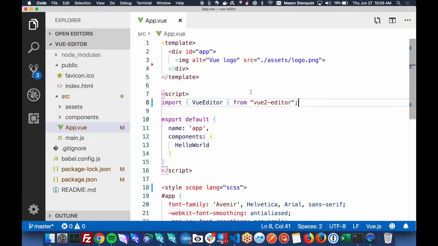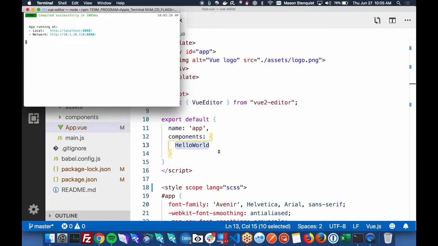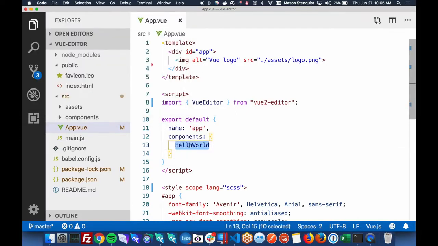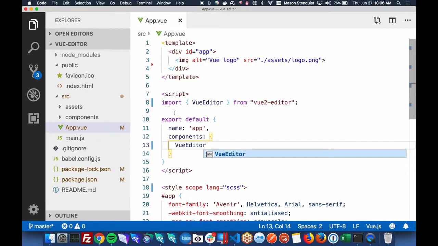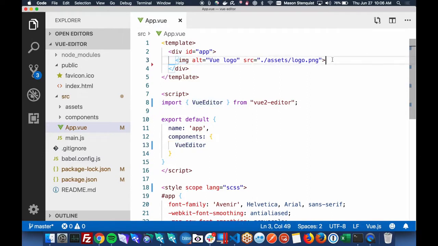Right here, we're still trying to register the Hello World component, so we should be getting an error. Well, if we tried to reload, we get an error. So instead, I am going to pull that component in so we can use it. And then once we've imported it and registered it, now we can use it inside our template.